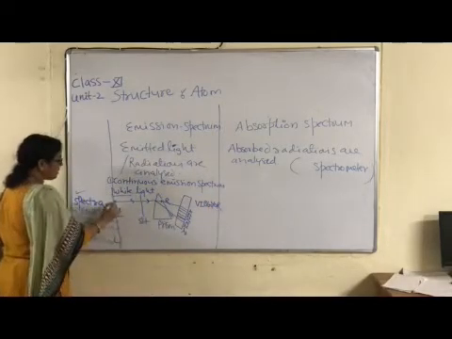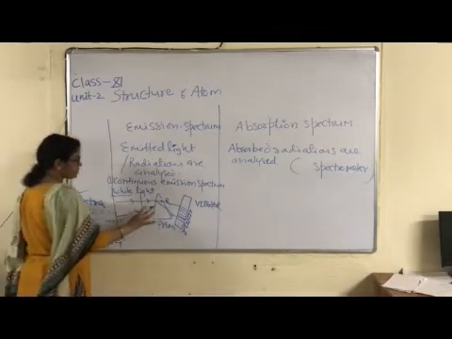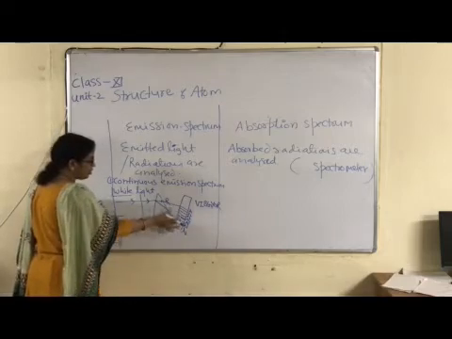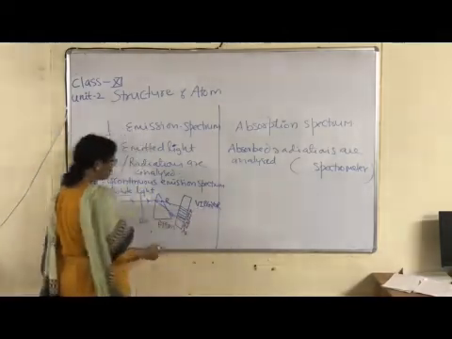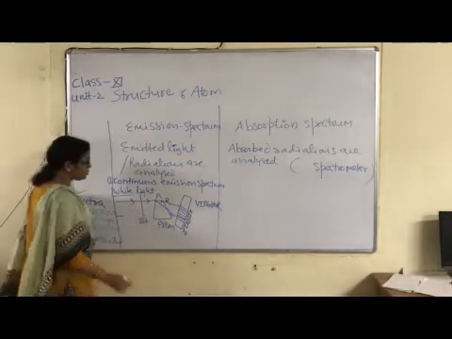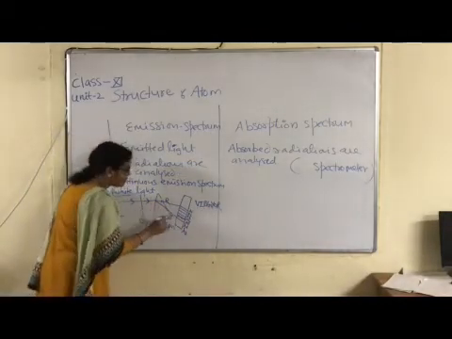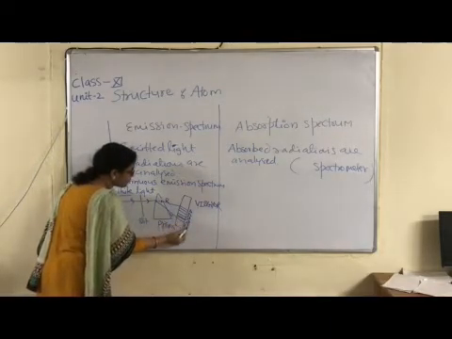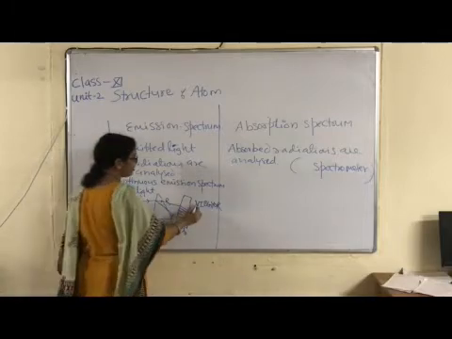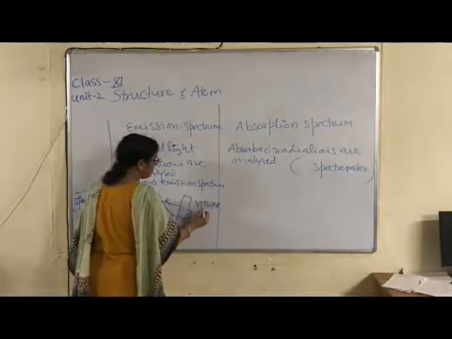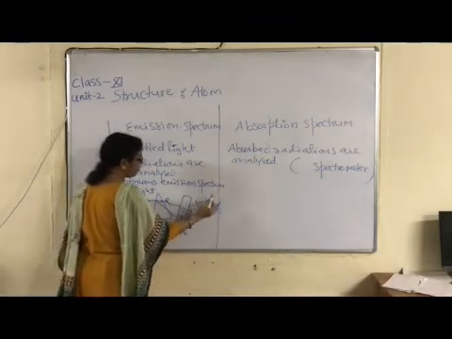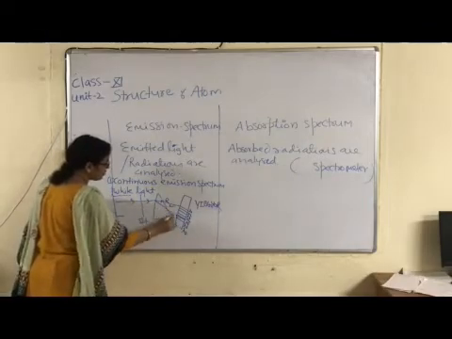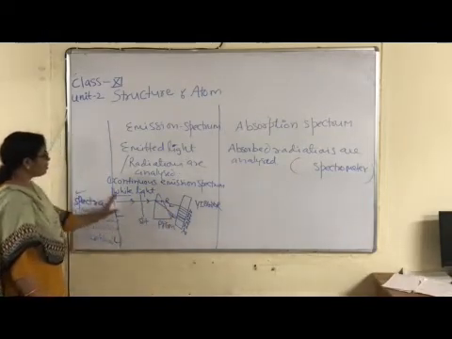Okay children, what happens when white light is passed through the slit and selected radiations are allowed through the prism? There is scattering of light into different colors, and collectively all 7 colors are known as the spectrum. What is the main observation of this continuous spectrum? There is no gap between any two wavelengths. This is wavelength 1, given as lambda 1, lambda 2, 3, 4, 5, 6 and 7. The arrangement of color is violet, indigo, blue, green, yellow, orange and red. Least deviated light is red and most deviated is violet. So this spectrum is a continuous spectrum.